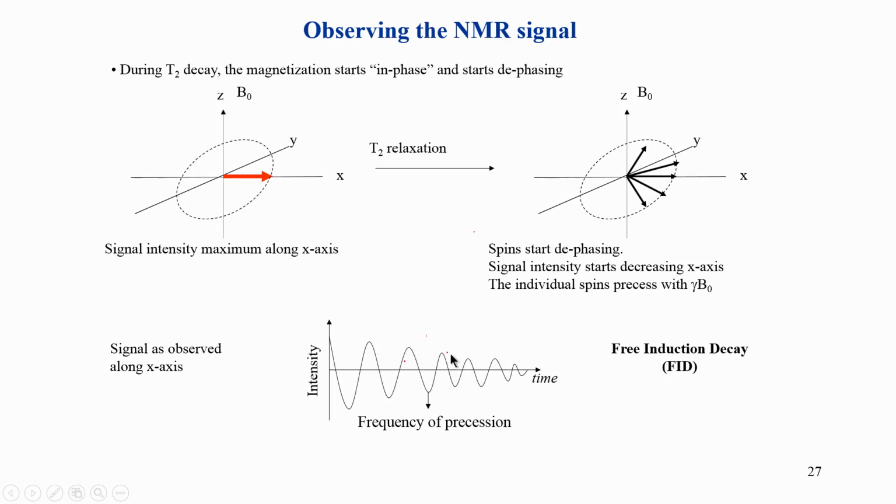So, this dephasing is going on all the time, but at the same time there is an oscillation, a frequency at which it is oscillating, and this is nothing but the Larmor precession frequency. Okay. So, if the detector detects the signal going up and down with a particular frequency, that frequency is nothing but the precessional frequency.